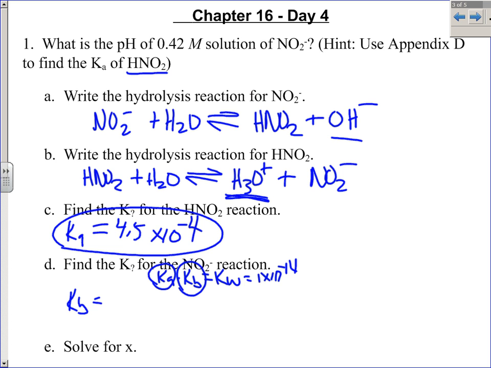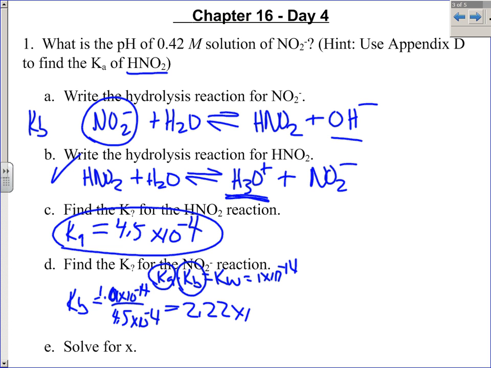So this is an acid, and this is its conjugate base. So I can find the Kb of the top reaction using the Ka of the second one. I just need to take 1 times 10 to the negative 14th and divide it by 4.5 times 10 to the negative fourth. Remember, that's really 1.0 times 10 to the negative 14th. So using that relationship, I can determine that my Kb for the top reaction is 2.22 times 10 to the